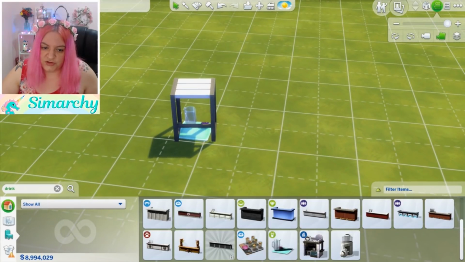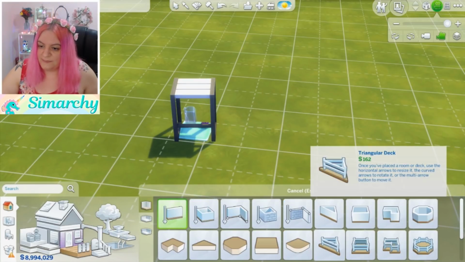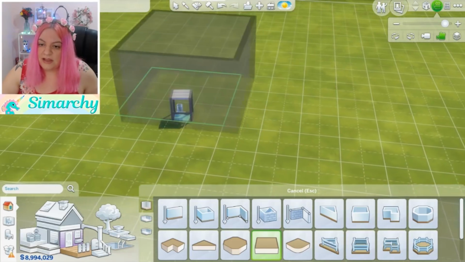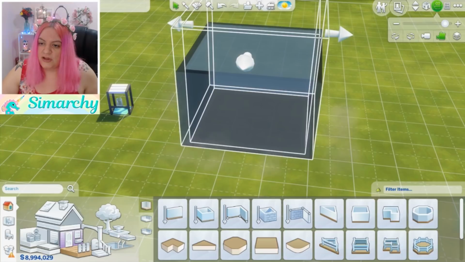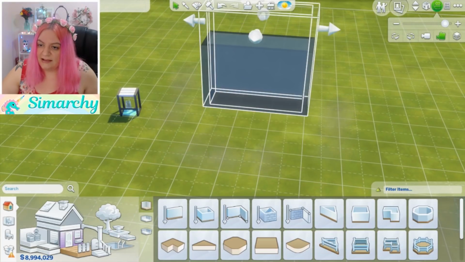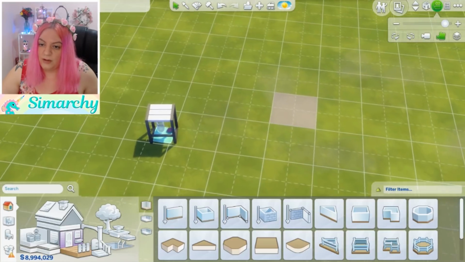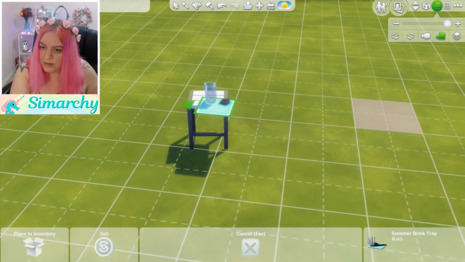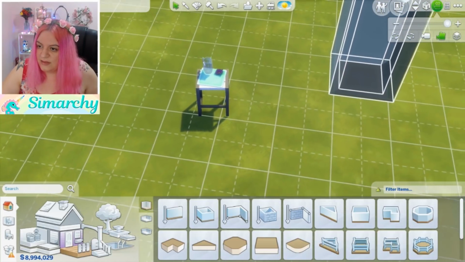And all you have to do is click on your build, click on your walls and empty rooms, and find a flat square. Now, if you place it normally directly above it, it sometimes moves some items around. So I usually like to set it aside and cut it down to exactly the size that I want it. So for this item, one tile would be perfect. Then we'll go ahead and move the item back up where we want it, put it exactly there, and now we can move this tile